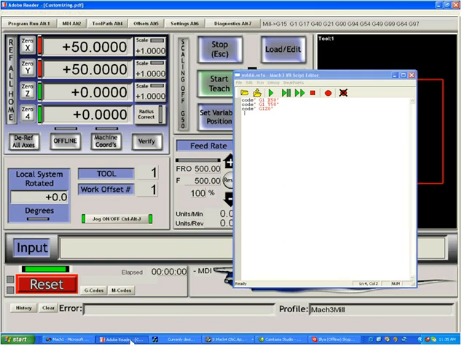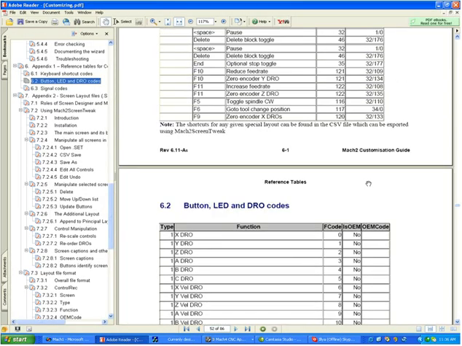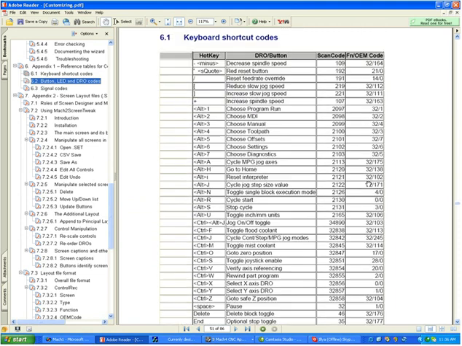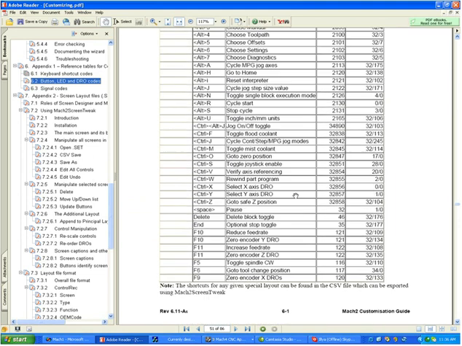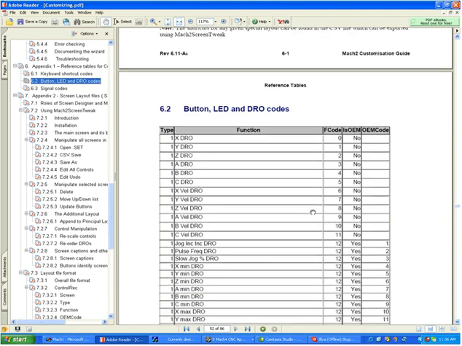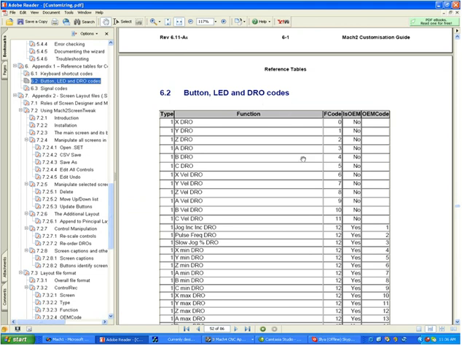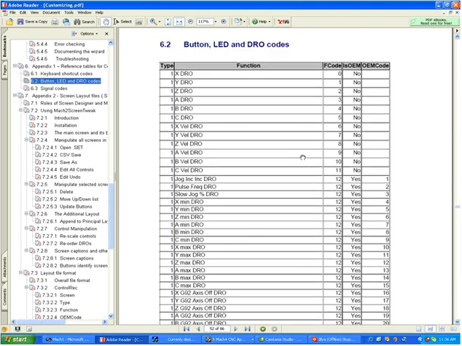Let's take a look quickly at the customization document. This is the OEM customization document. In it, you'll find things like the keyboard shortcuts. You don't use these in Visual Basic scripts typically, but you do use button, LED, and DRO codes. For example, to get an X DRO, you say GetDRO(0), which is a function code. If it's a function code you're calling, the command is usually GetDRO, where if it's an OEM code, it's